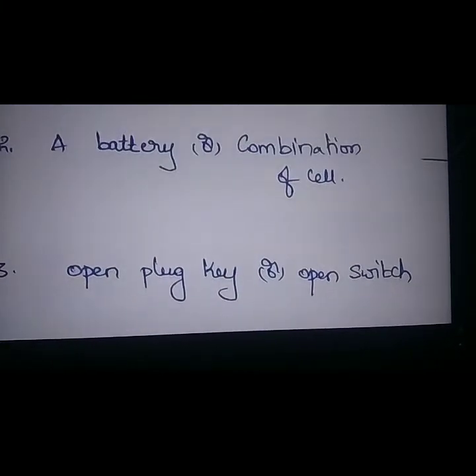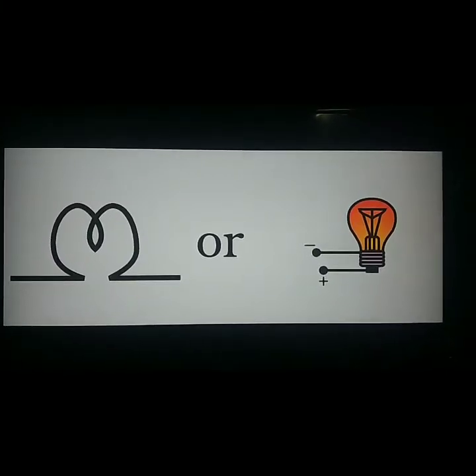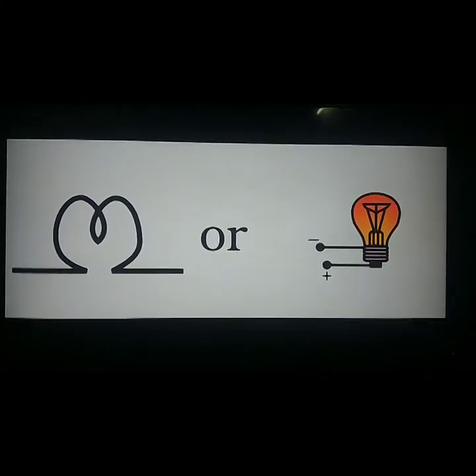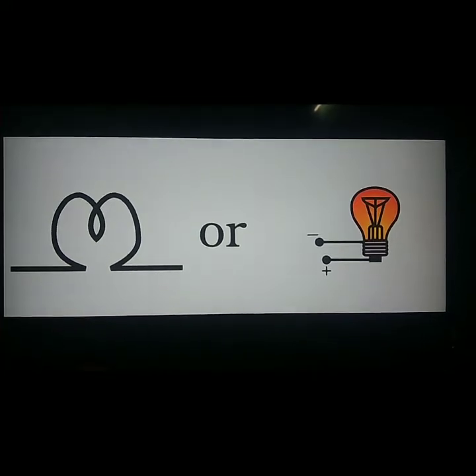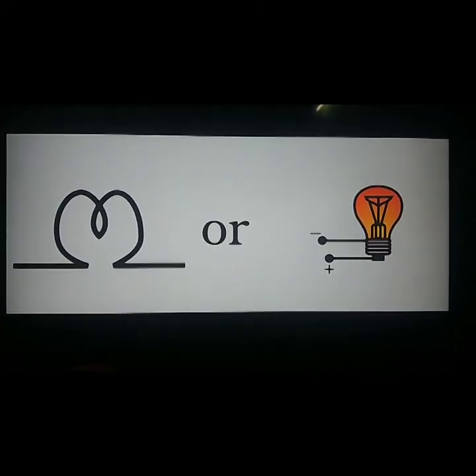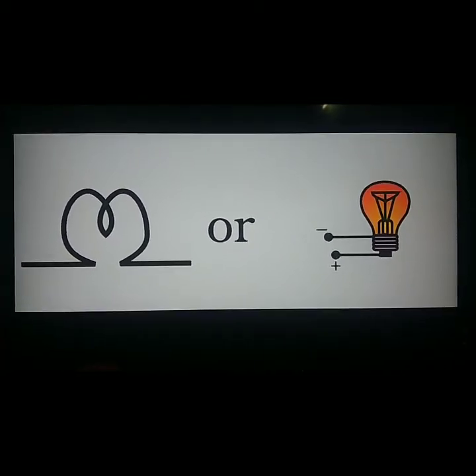Let us see the symbols. See here the symbol of the electric bulb. That means the interconnection between positive and negative. See, the bulb's design will be there. One is the positive cell and one is the negative cell. That means the positive connection will be connected to positive and the negative connection should be connected to negative. This is the symbol of a cell. We should think about the torch, the torchlights. So one is positive and one is negative.